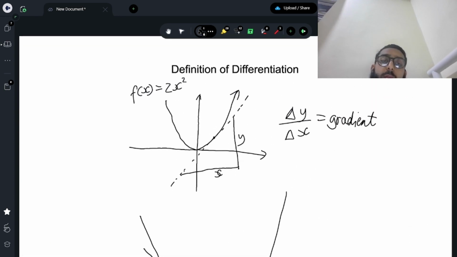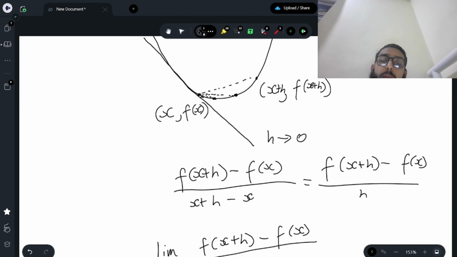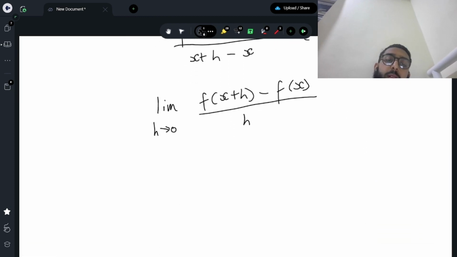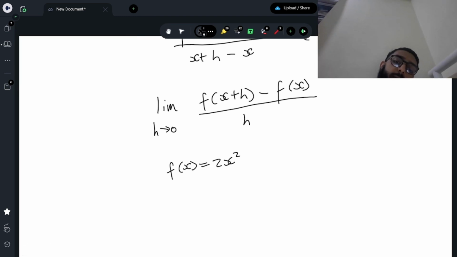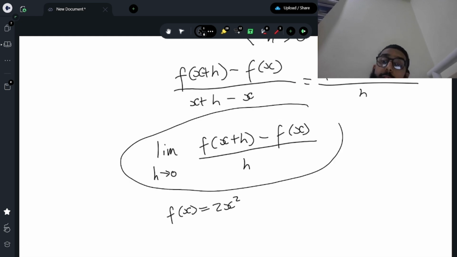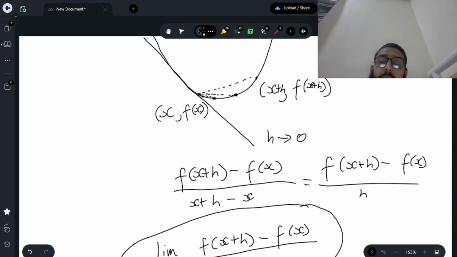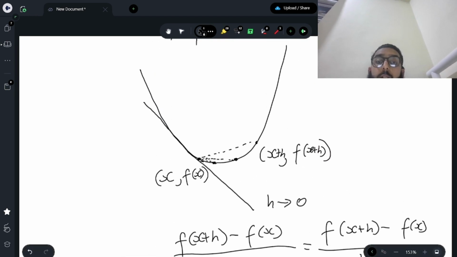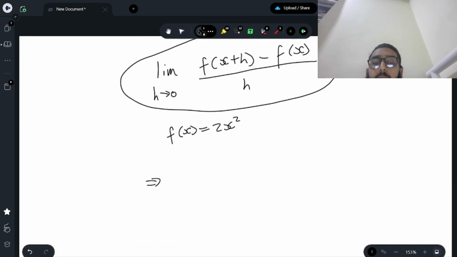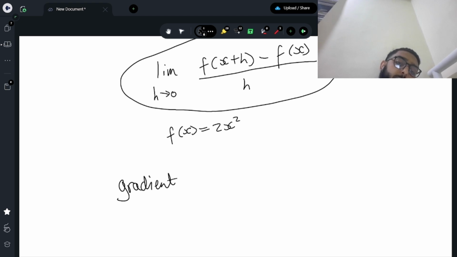So let's just take this function that we started with, f of x equals 2x squared. Well, if I plug that in here, f of x equals 2x squared, then this thing, which is called first principles, one of the most fundamental things in calculus, this formula will tell me that the derivative, or the gradient, at any point on this curve, the gradient of f of x, is equal to